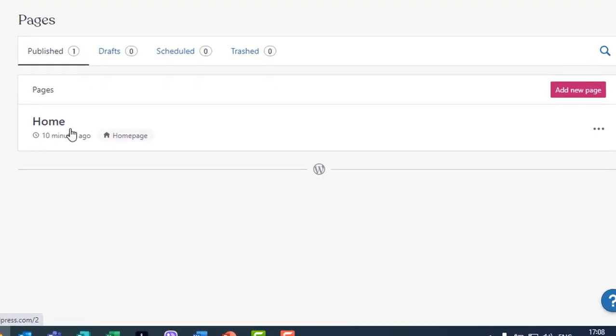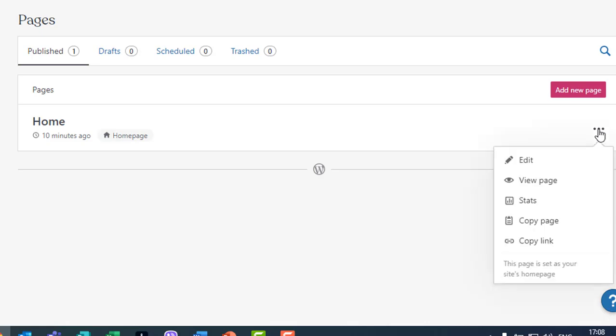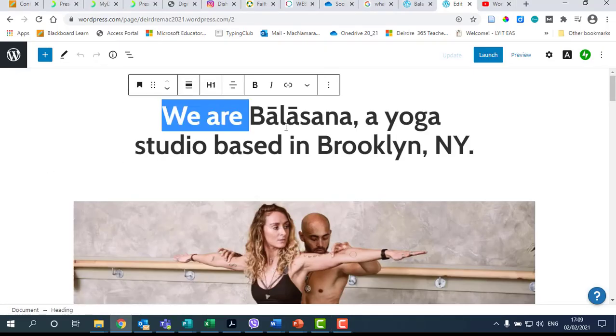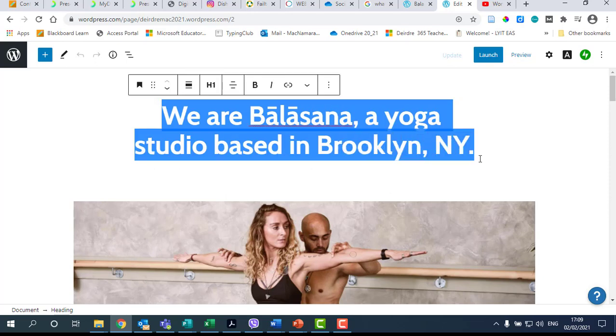Now, if we click on here, we go to preview it. Actually, we'd like to edit it. So we're going to click on the three little dots over here, and we'll click on edit. Okay, so we're into the page. This is the text we saw on the website. So let's decide that we want to change that, and we'll say